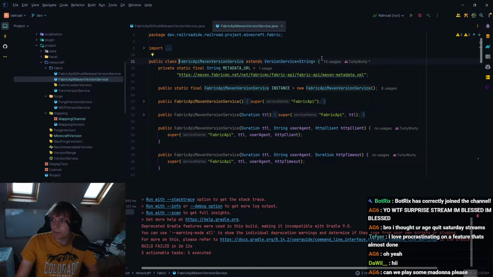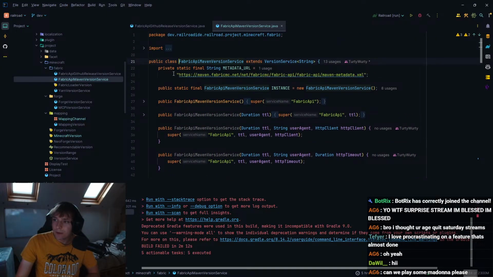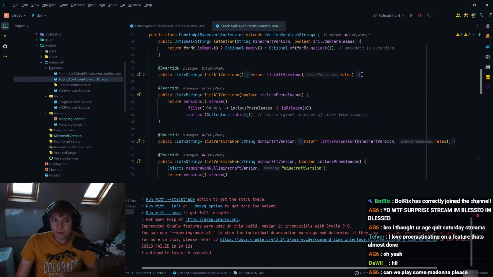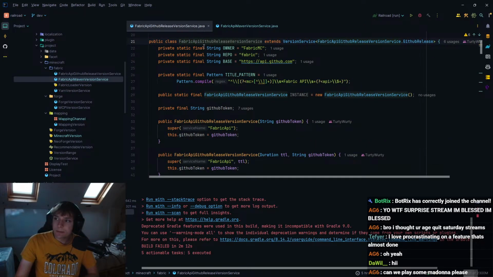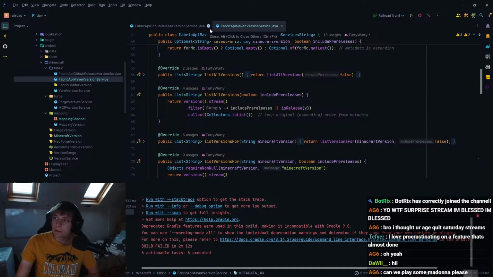But this, on the other hand, is significantly more useful, because this allows us to just fetch it straight from the Maven, which is for this circumstance fine. I suspect I'm going to use this for something in the future, so that's why I've still left it here, but we can come back to that later.